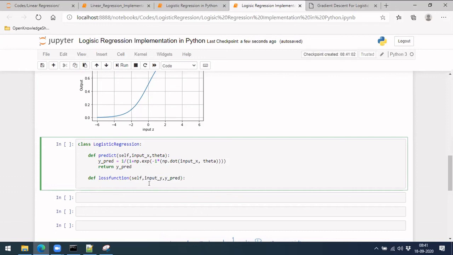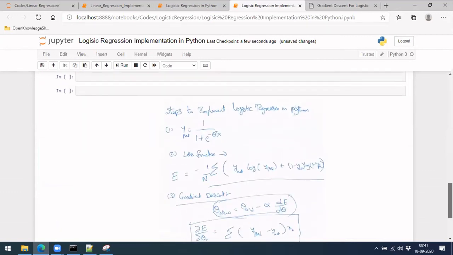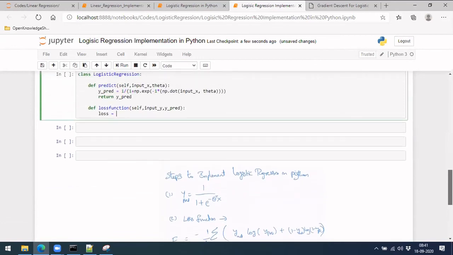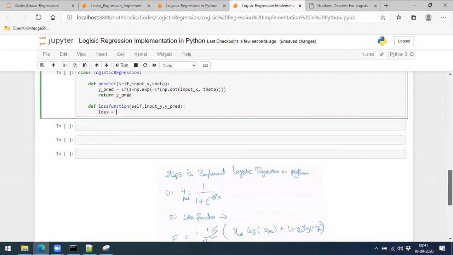Okay, so these two, how should we implement the loss now? Loss equal to... it will be very simple, right? Just y log of that one. We can't directly use log, because that won't be recognized by Python. We have to use either math.log or np.log.